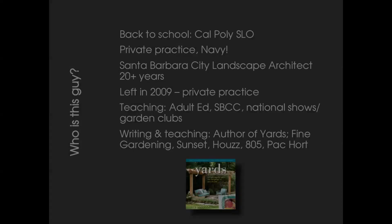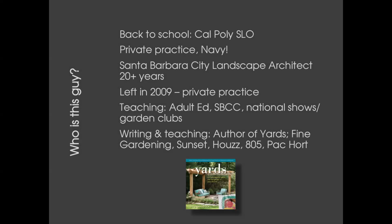So after a few years of that, moved up to San Luis Obispo in the Central Coast of California, which is where I got a job for one of the Land FX partners, for Jeremiah's dad. Had an office job, which is great. Moved to the Bay Area, was doing private practice. I even had an interminable 6-month stint as a landscape architect for the Navy. Buy me a beer and I'll tell you the rest of that story,